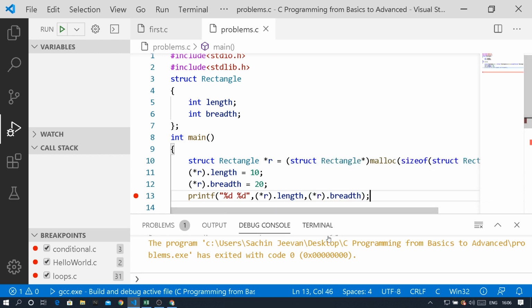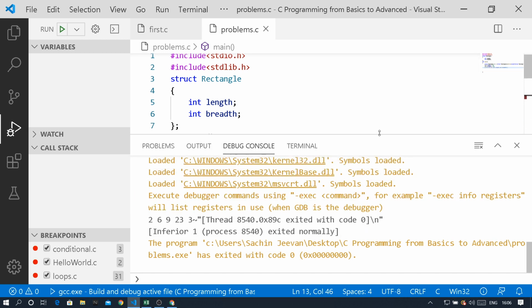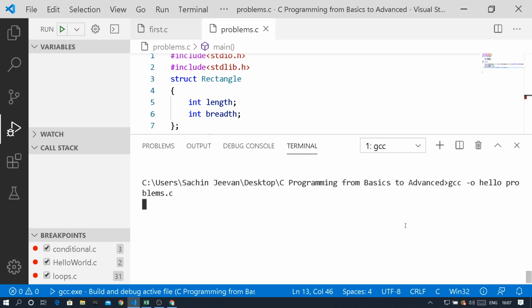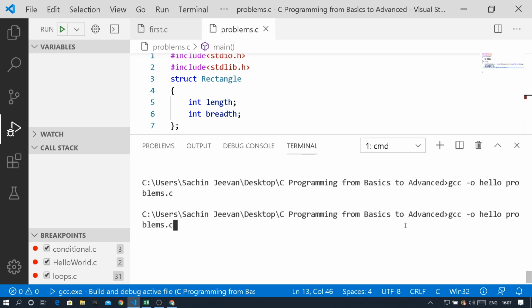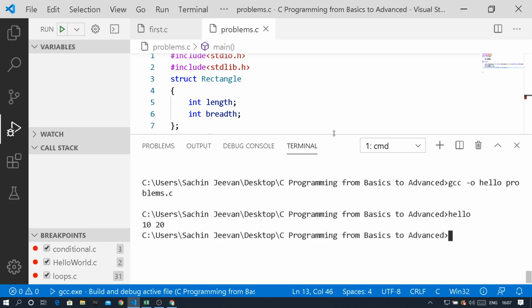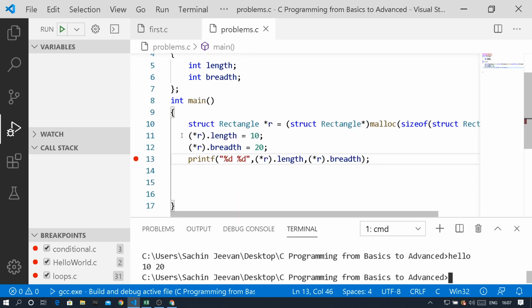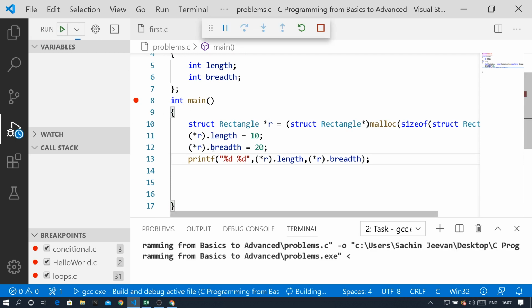Okay, we will compile it and check whether this is working or not, and then we will go for the line by line execution also. Okay, we will execute it. Yes, it is printing perfectly, so it is storing perfectly. Now I'll tell you one more way of doing it, but before that we will look at this line by line execution, and then I will tell you one more way of accessing